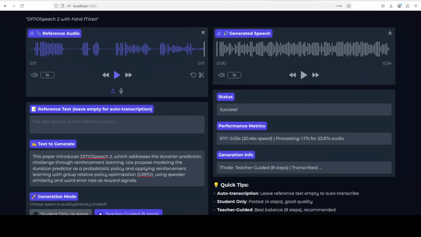This paper introduced DMOSpeech 2, which asks the duration prediction challenge through reinforcement learning. We propose modeling the duration predictor as a probabilistic policy and applying reinforcement learning with group relative policy optimization, GRPO, using speaker similarity, arity, and error radian, where it is rare array, and says, and I, and wait down, not